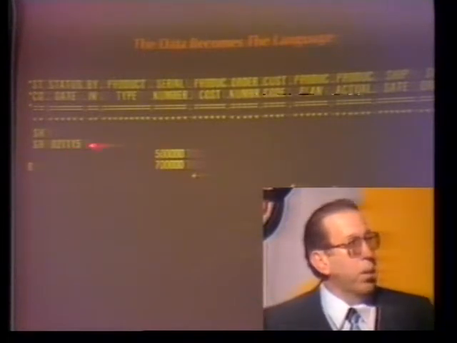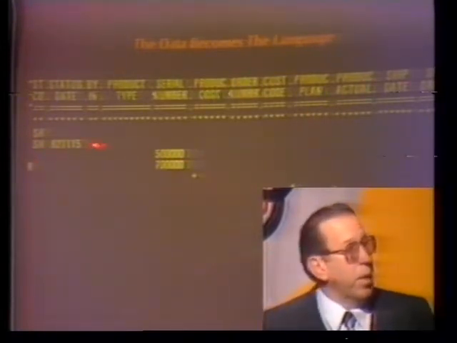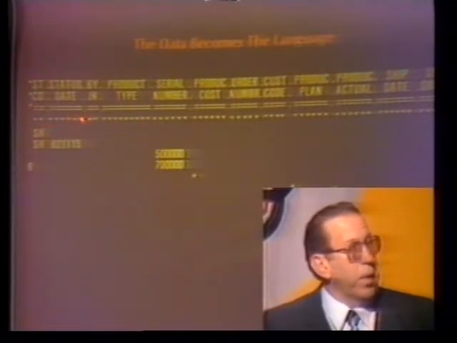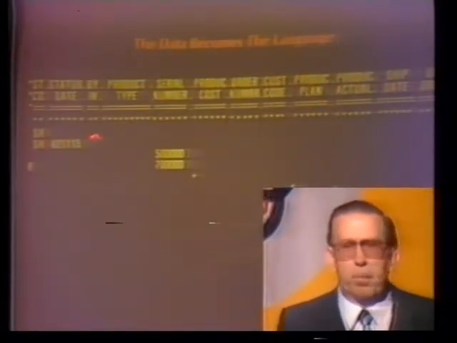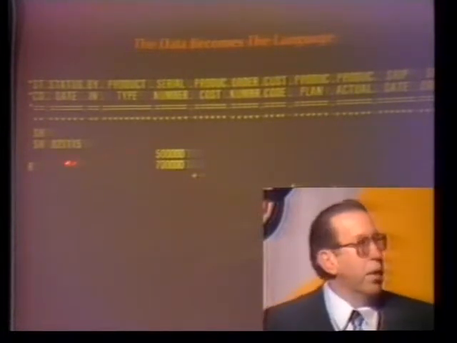In fact, under search, you can combine any number of fields vertically or horizontally for OR and AND conditions, attaching R's to team up things for ranges, and be able to knock out asterisks and control selected characters within fields here to control that aspect of search. And obviously what you have is a very powerful question asking capability with a simple search concept. And can the users understand it? Absolutely, because the data has become the language. These are their headers. This is their data. They're placing under their own data to accomplish the transaction. How can they fail to understand it? And they do. They understand it very nicely.